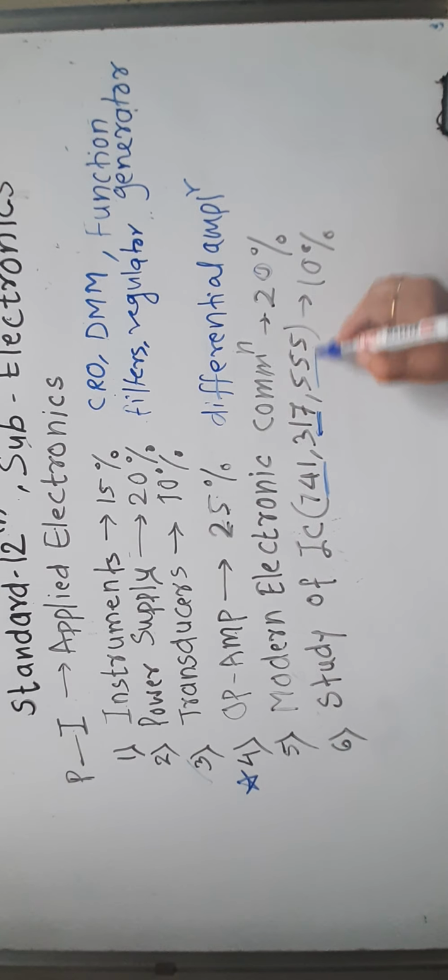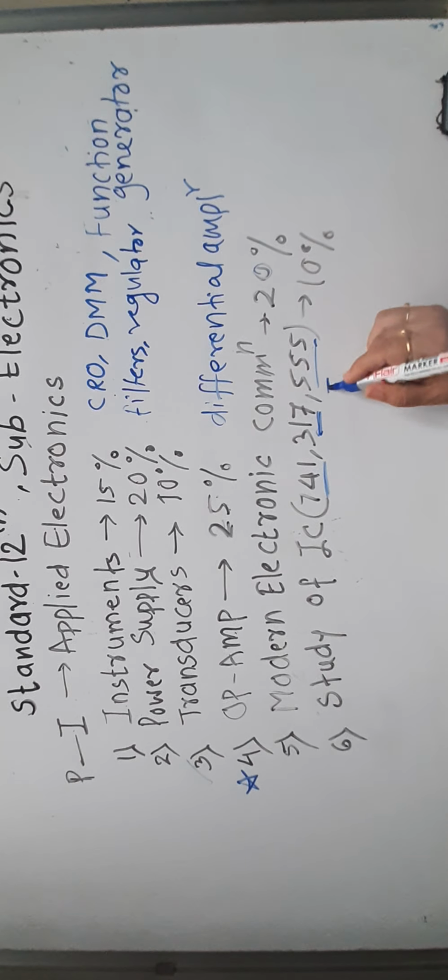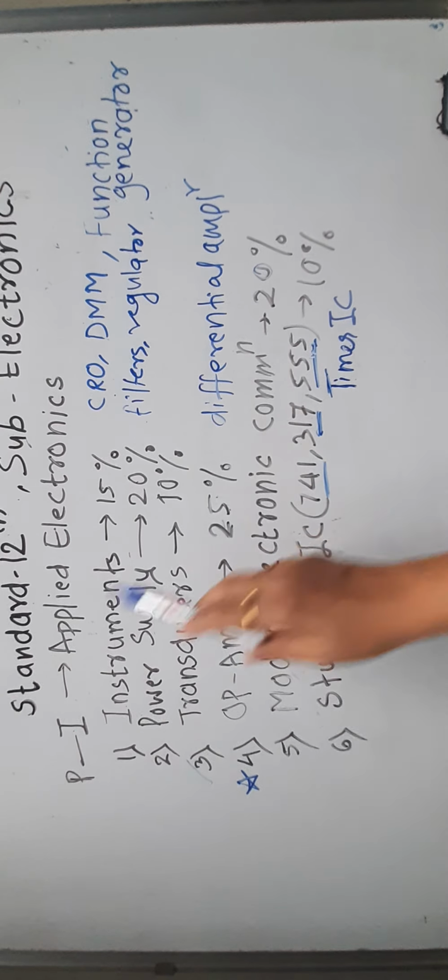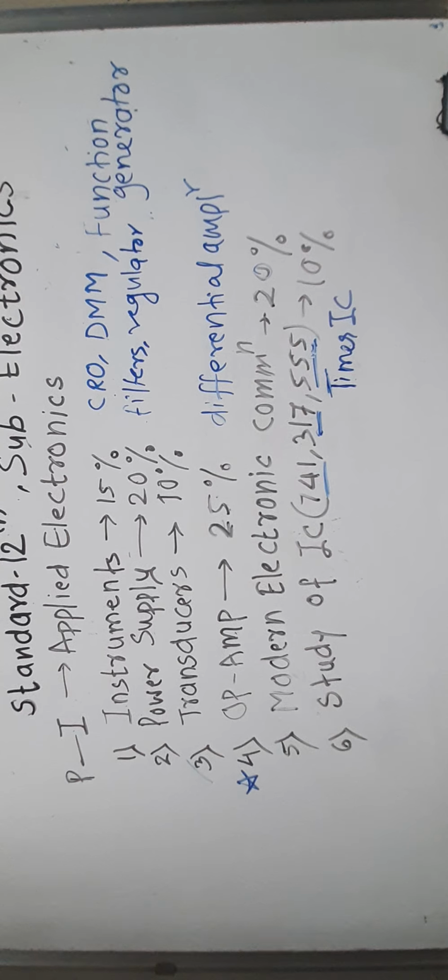Now the remaining IC, 555. IC 555 is timer IC. It is used to generate precise time delay. Okay, so we will see the types of multivibrators. Multivibrator means the modes in which we can use this IC in different ways. They are monostable and astable multivibrator. So we will see this in the chapter study of IC, and numericals are also there. So this is all about applied electronics.